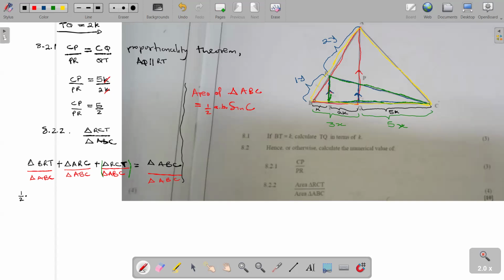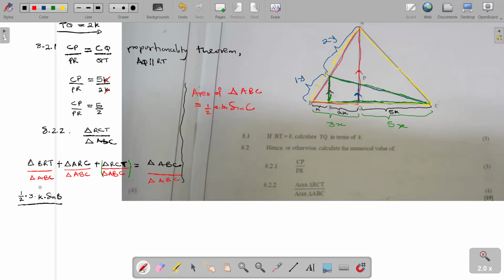So we are going to use this side, which is going to be 1y, times the other side here, BT, which is K, multiplied by sine B, all over